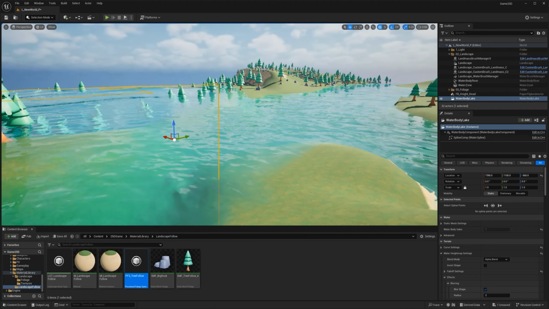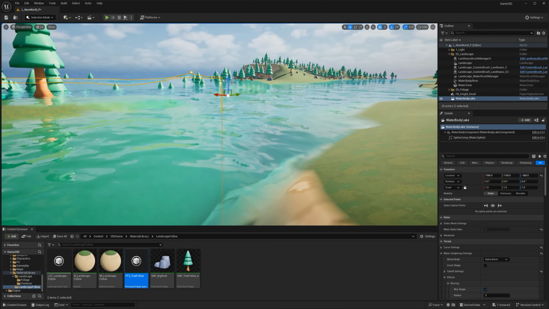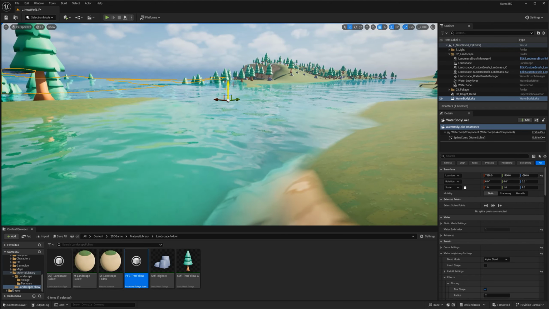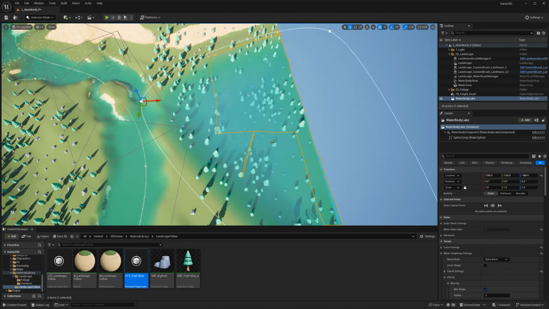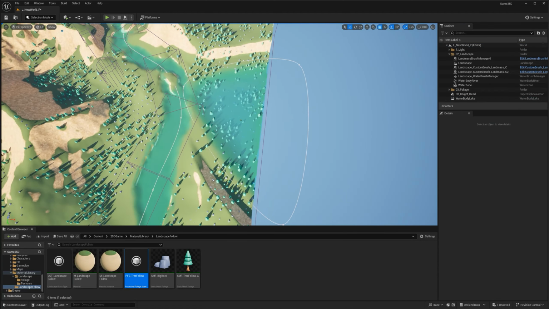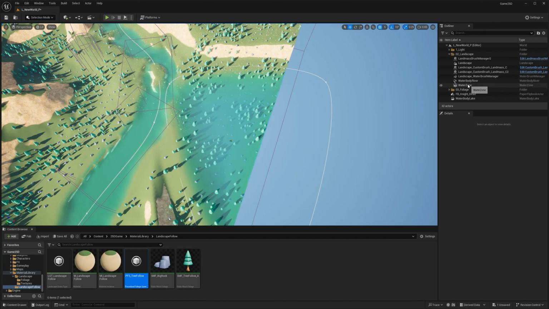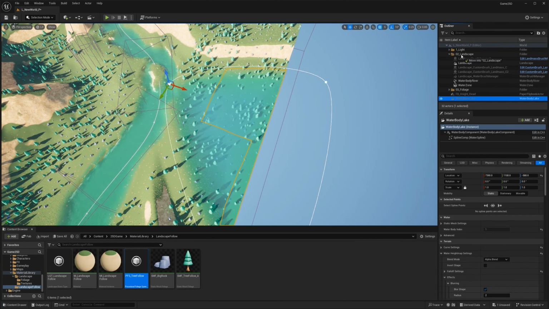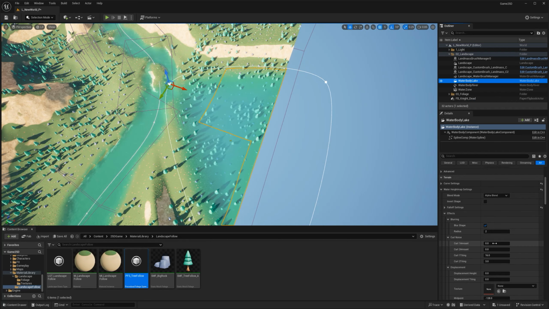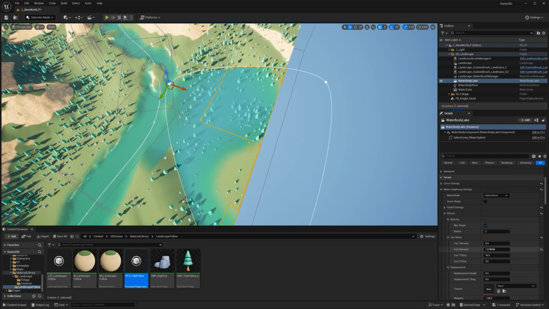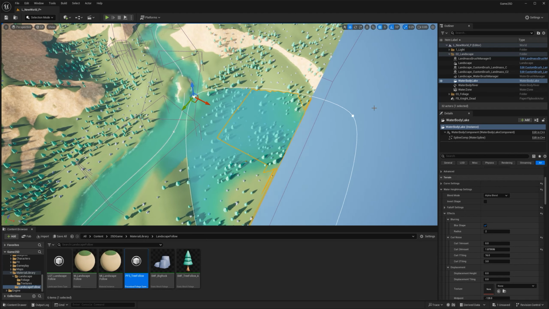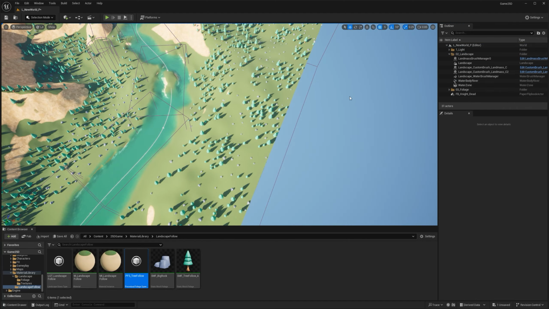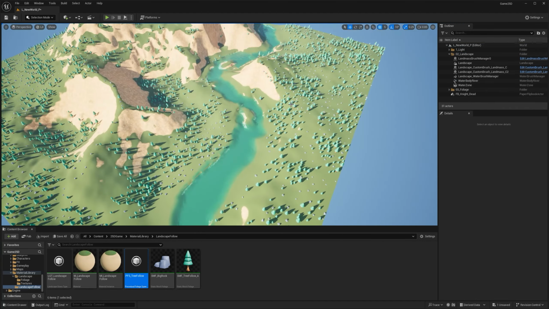What I'm trying to do is align the height so you don't see the water going up a little bit. There you go. And by the way, it's the same thing. If I go to my lake here, Waterbag Lake, if I go to my effects, I can increase the curling. And it's going to deform the shape of that lake. I'm not a fan of the lake though, so just delete it. So you can customize that way.